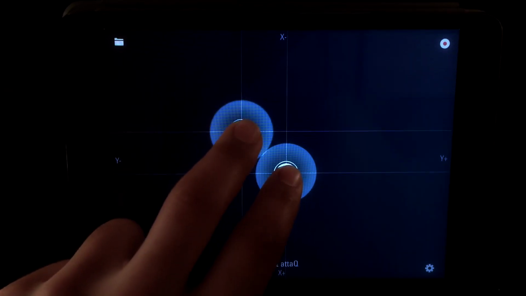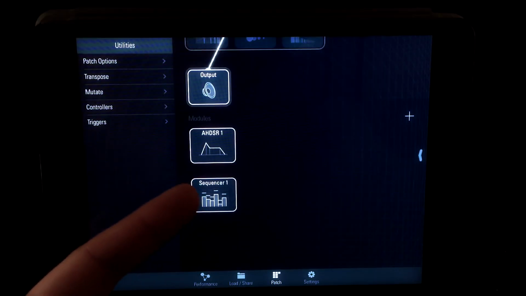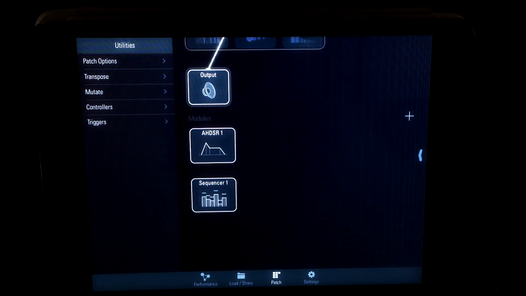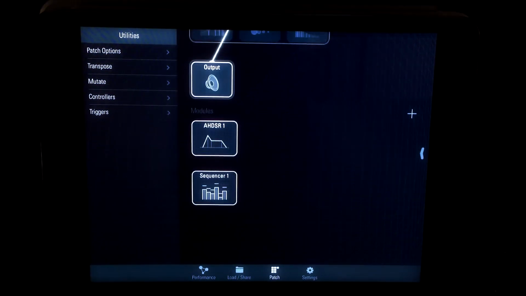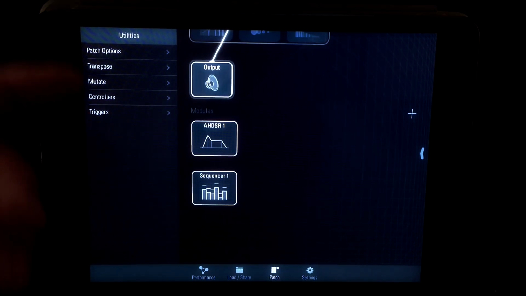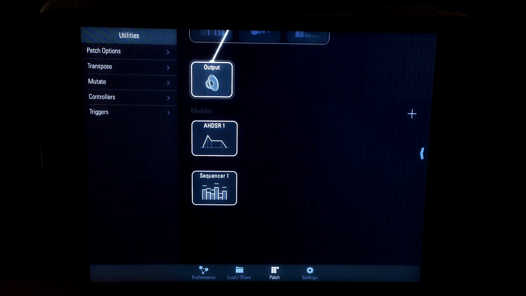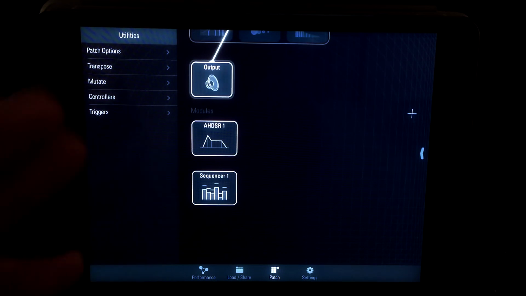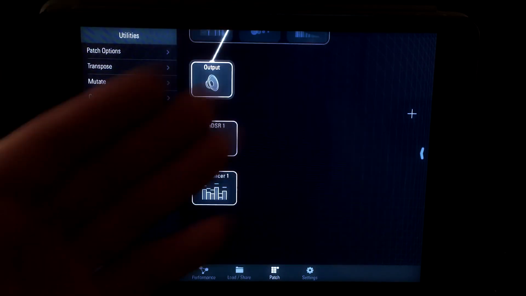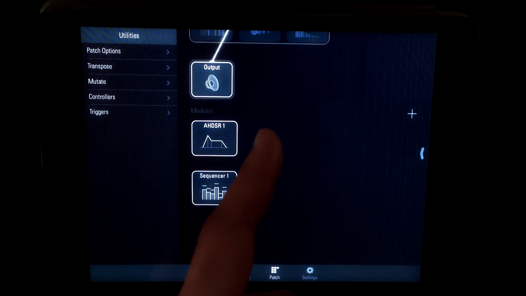TC-11 utilizes 3 different types of controllers: touch controllers, device motion controllers, and module controllers, like LFO, AHDSR, and sequencers. In a previous part of this Haq TC-11 guide, I chose to skip 2 menu items inside the Utilities menu that you can find in the patch overview area, and those were controllers and triggers. You can use these lists when you want to assign controllers to different things simply by dragging and dropping controllers